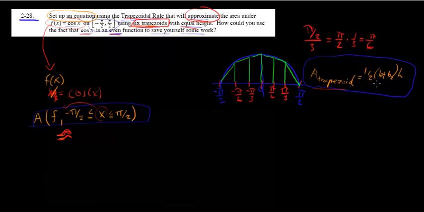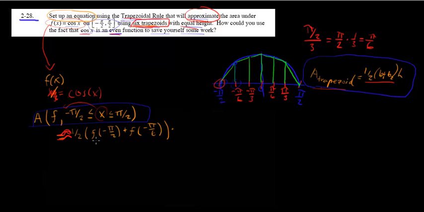Remember, the area of a trapezoid is 1/2 base plus base times h. So when we plug that in, we get approximately equal to 1/2, straight from the trapezoid area formula, the function at